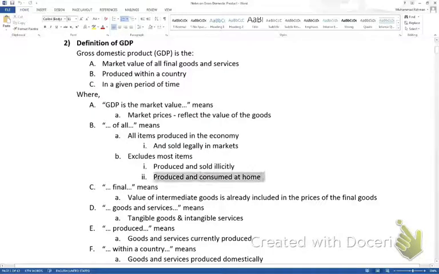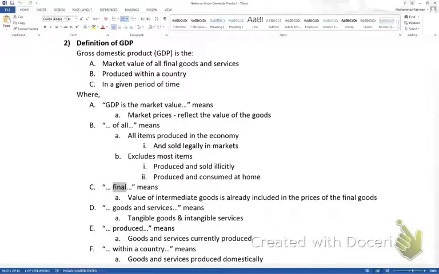We are also ignoring, and that's a very important limitation of our GDP concept, goods and services that are produced at home and consumed at home. Then the word final is important, because when we are going to calculate GDP, we are going to ignore the so-called intermediate goods,